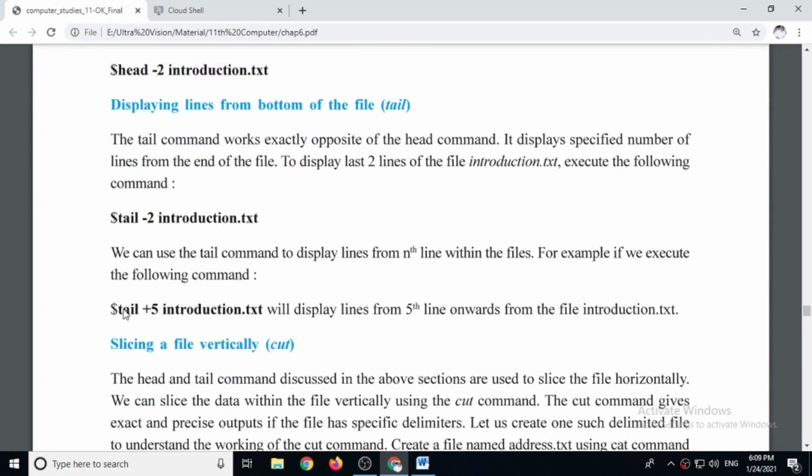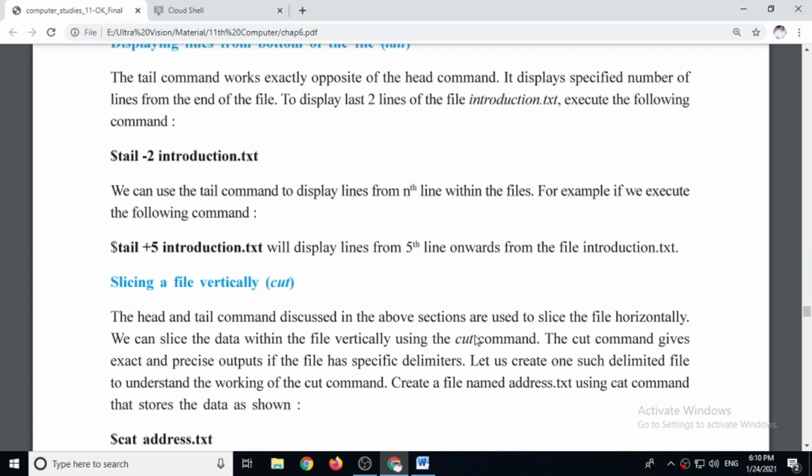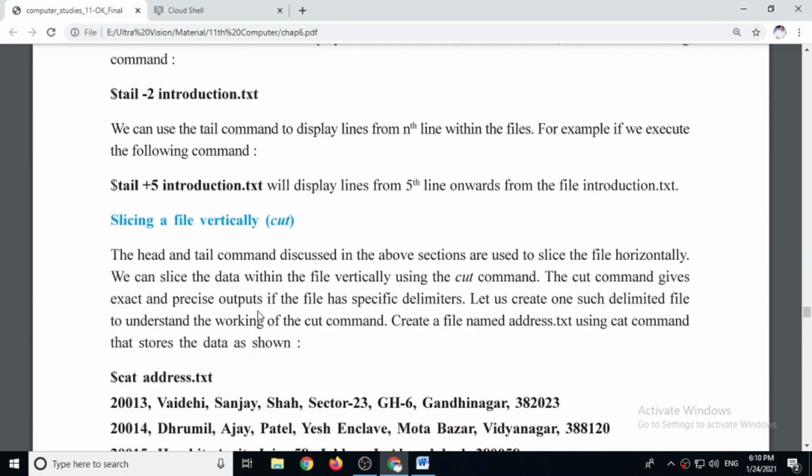You can also use plus sign with tail filter, remember. So tail +5 introduction.txt, instead of address, here introduction file is there, will display lines from 5th line onwards. Remember, lines from 5th line onwards. So this way we can use tail filter.